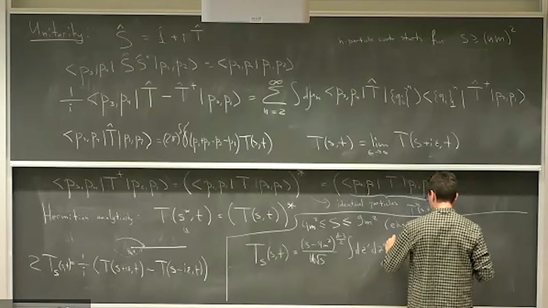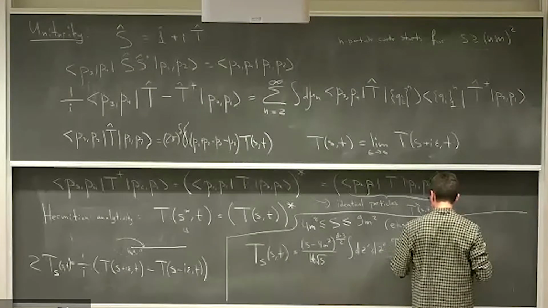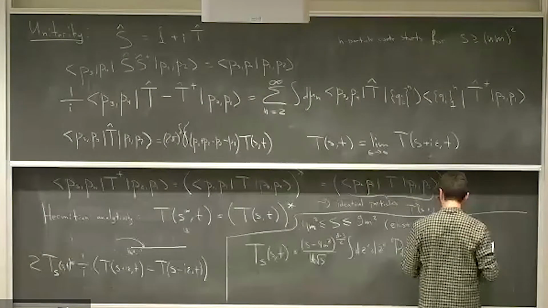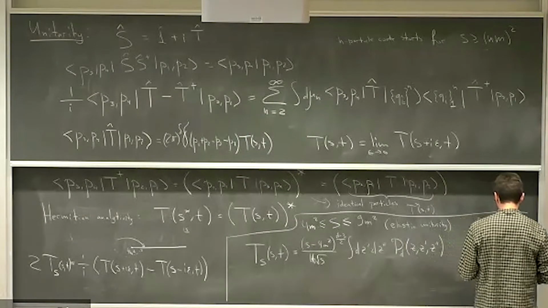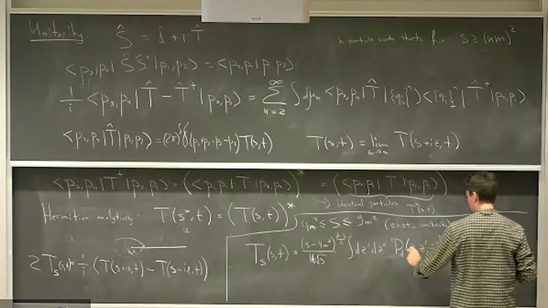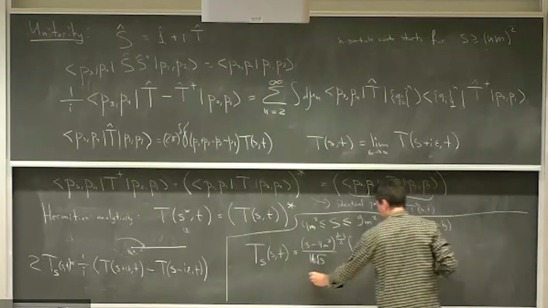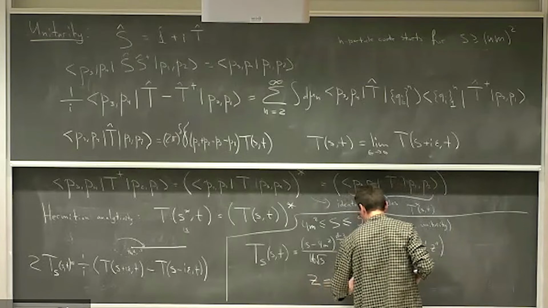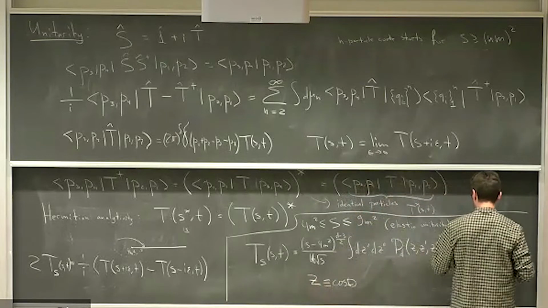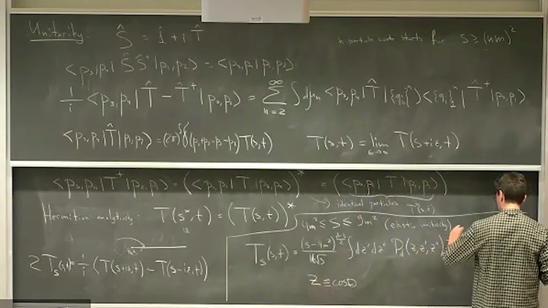And here you have some known kernel, where I introduced z, which is just cosine theta. So it's the scattering angle. And here you have the amplitude plus